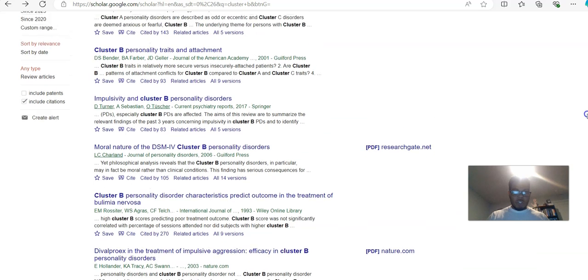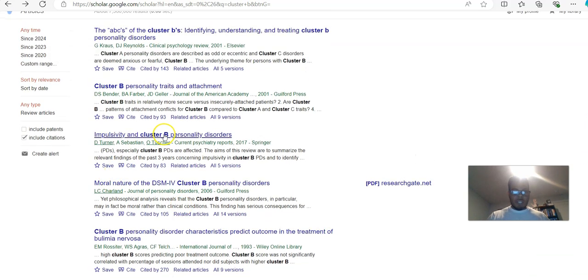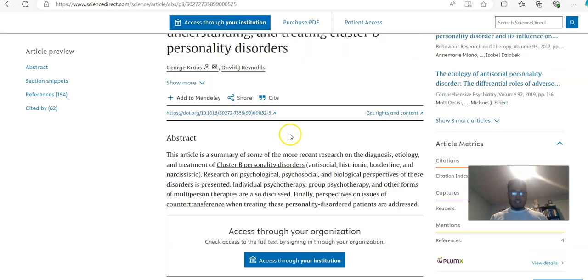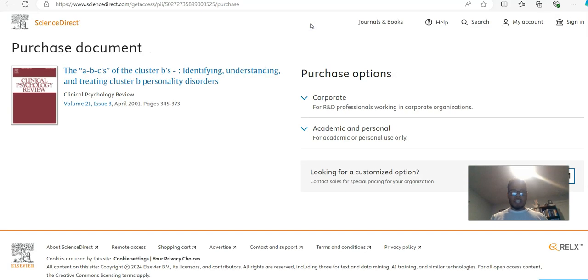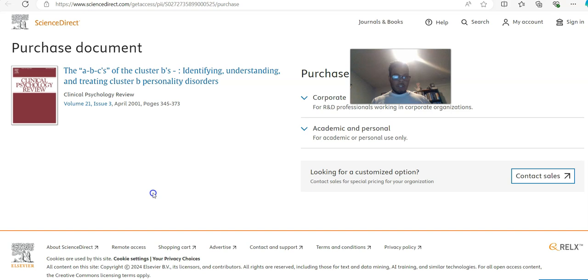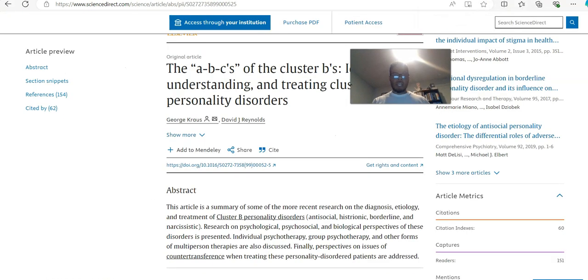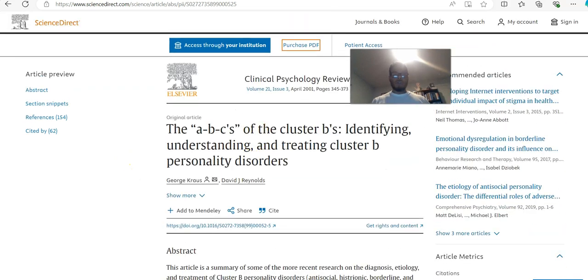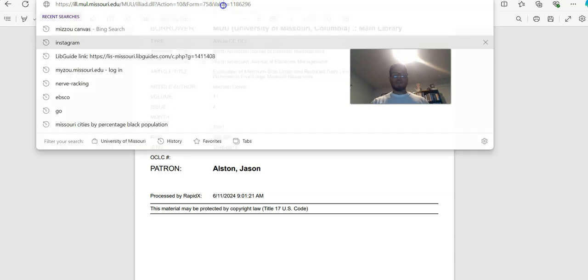So what we are going to do is, let's see, current. We're more likely to have something like this. Let me grab this and see. Okay, yeah. So again, it just says contact sales, so I don't know how much they're selling it for. But as you can see, it's not something that is immediately accessible. And so if we want to use Journal Finder to try to find it, then what we can do is,